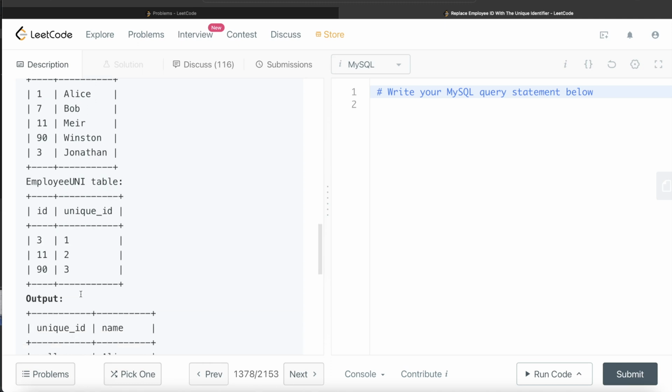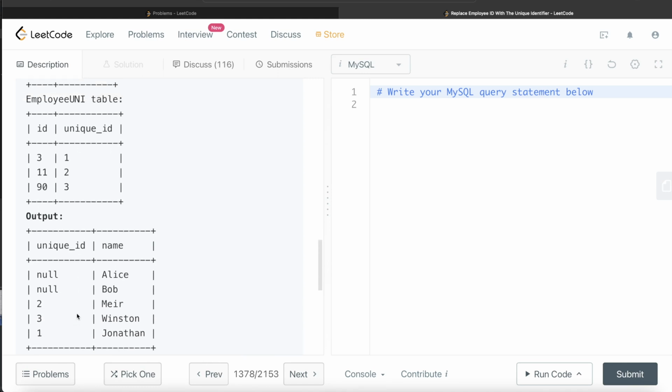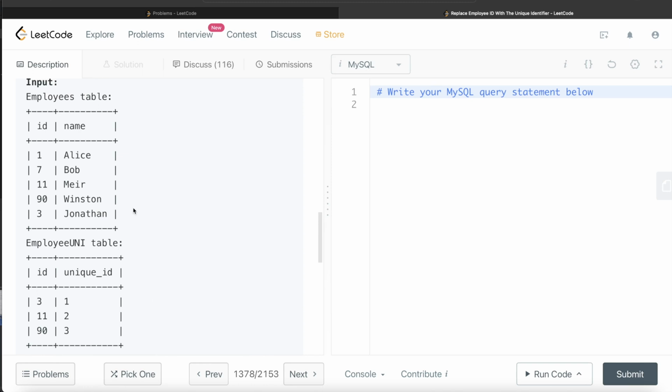So that is what is being returned, right? So basically we need to join these. And since we need to keep everything from this table, we left join this table on this table, right? So from the employees table, alias it as small e, left join the employee uni table, let's alias it as EU, joining on the ID columns of both these tables, right? So on e.id is equal to